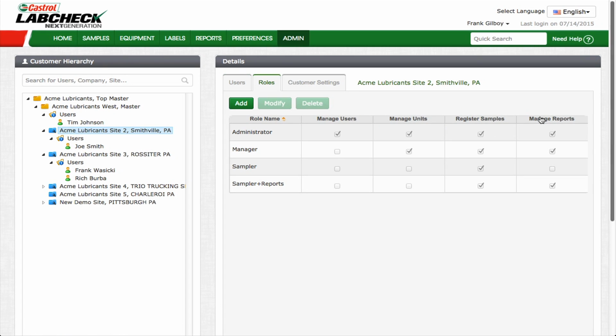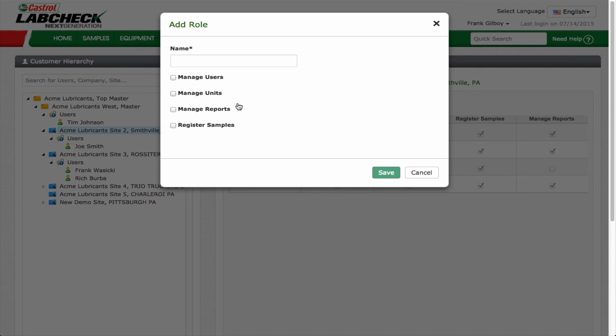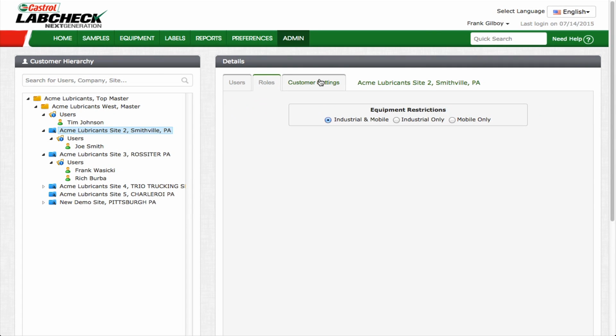Click Roles if you would like to create a custom role. There are 4 functions to choose from when creating a custom role, shown on your screen. Do you want the user to have the Administrator tab? Do you want this user to be able to modify equipment? Do you want the user to view management reports? Do you only want this user to have the ability to view the reports or print labels? Once you save a custom role, it will be shown to you in the drop-down menu